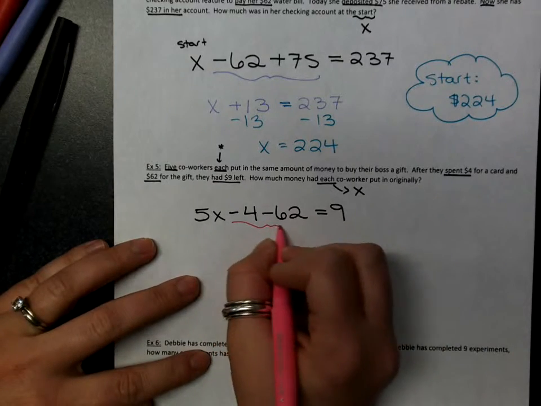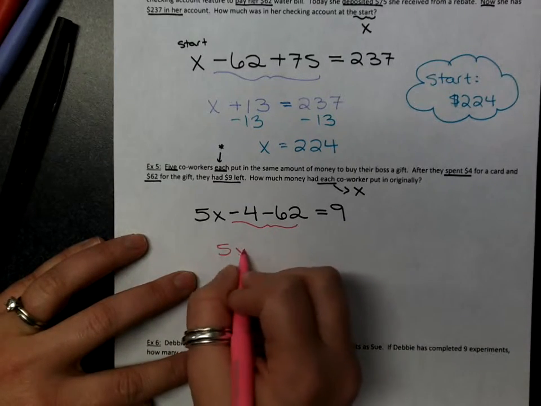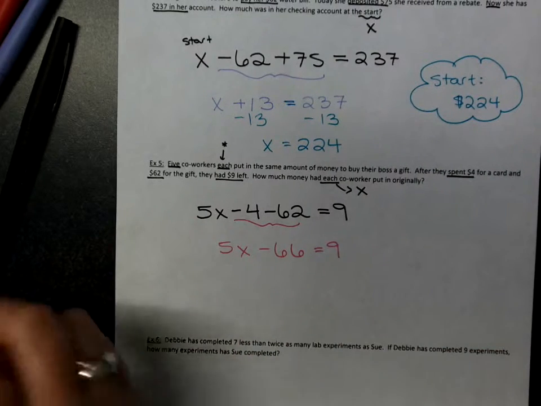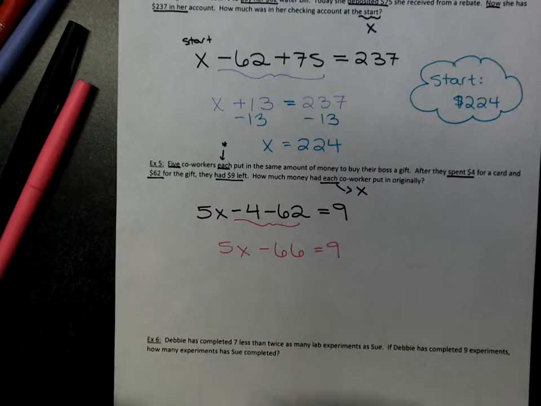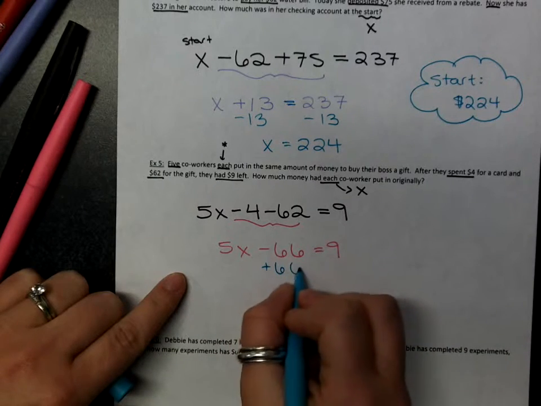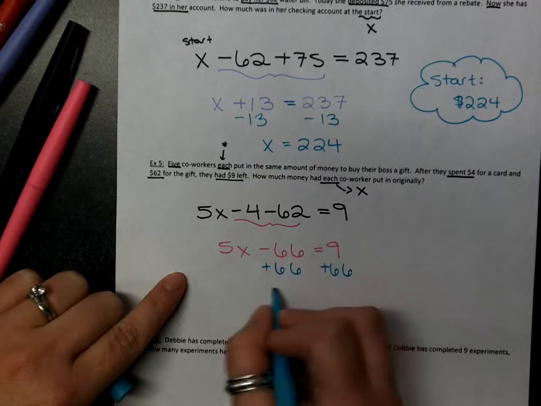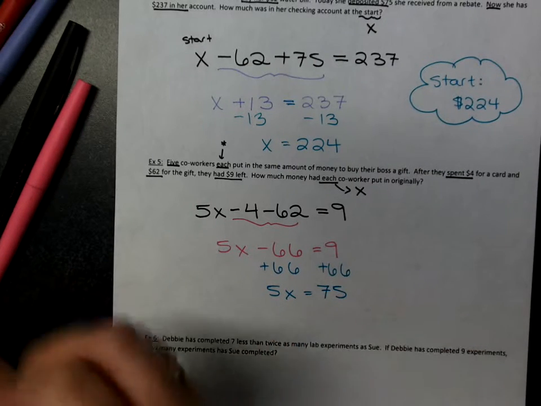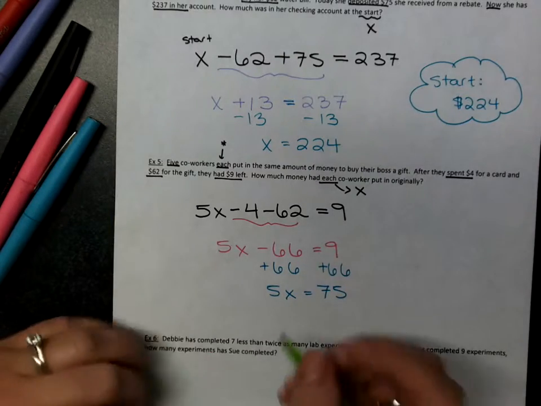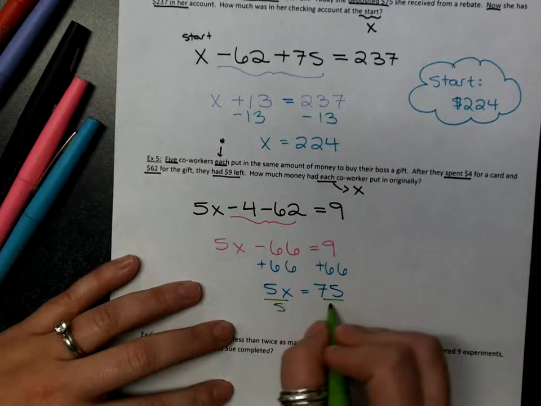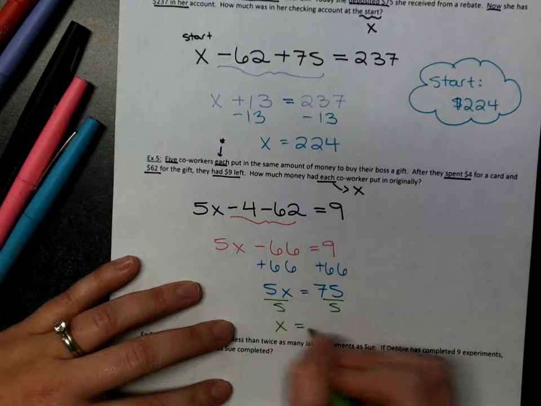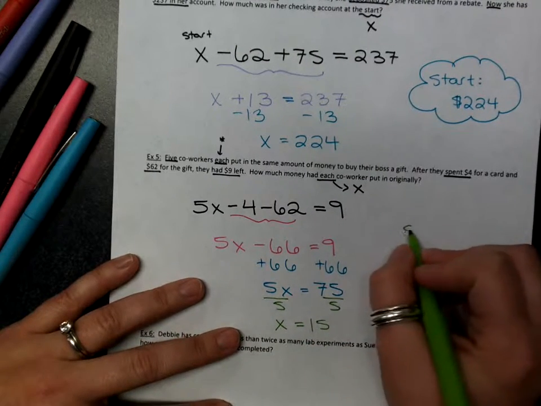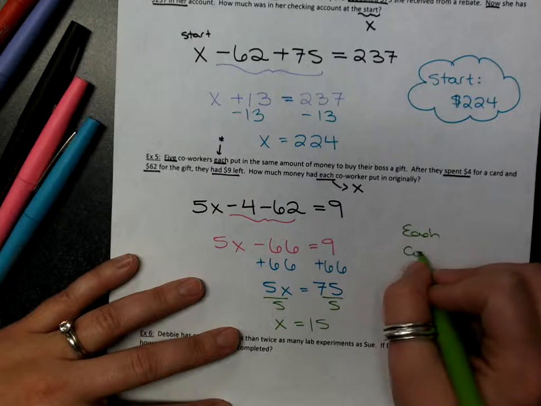So I'm going to combine like terms here. That's 5x minus 66 equals 9. I'm going to add 66 to both sides. That's 5x equals 75. And then divide that amount by 5, because there was 5 coworkers that each put in some money. 75 divided by 5 is 15. So each coworker